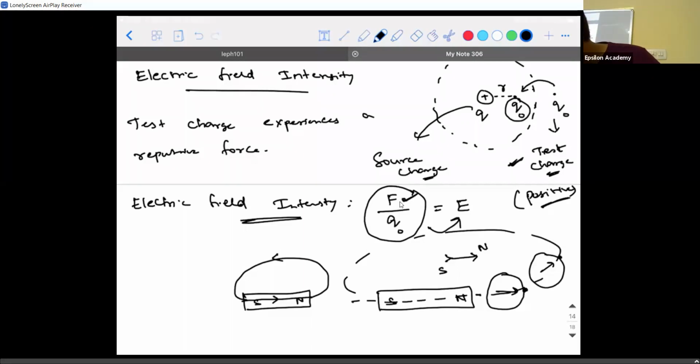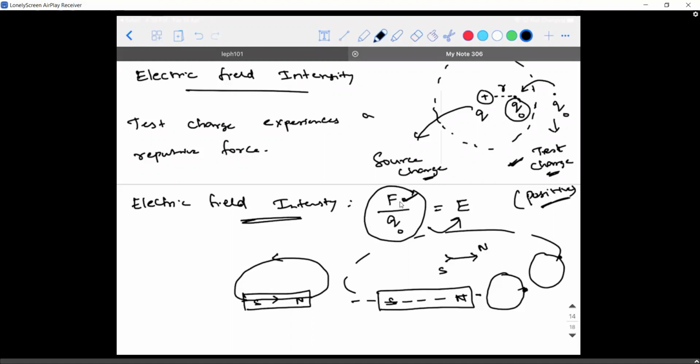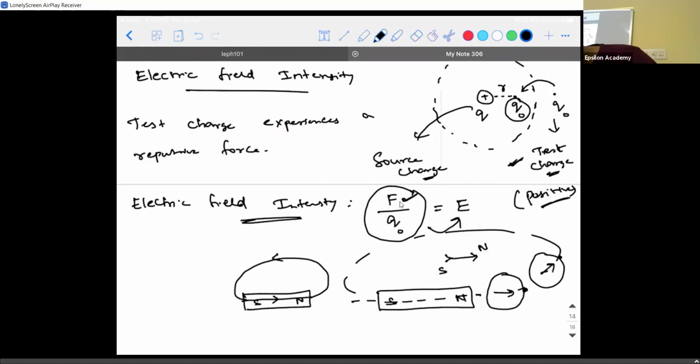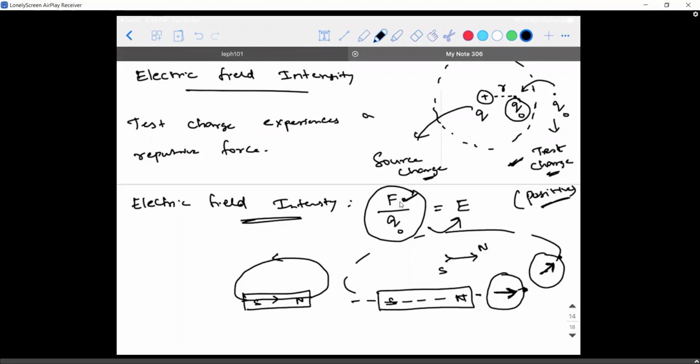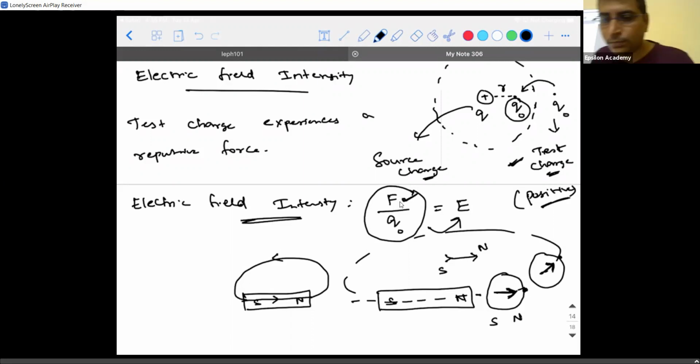See, you are able to see the direction in which the north pole of the compass is going. You are able to see this? So whatever is the direction in which the north pole of the compass is facing, that is going to be the direction of the magnetic field lines. That is the reason why you say the magnetic field lines are from north pole to the south pole. Now what I am trying to say is, in magnetism, north pole is similar to the positive charge in electrostatics.